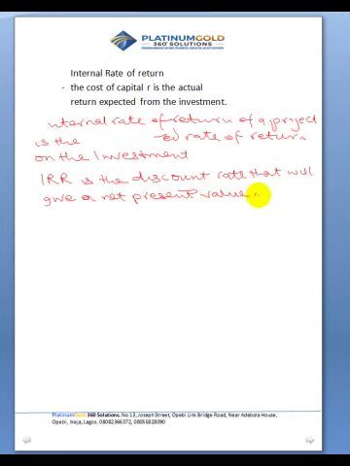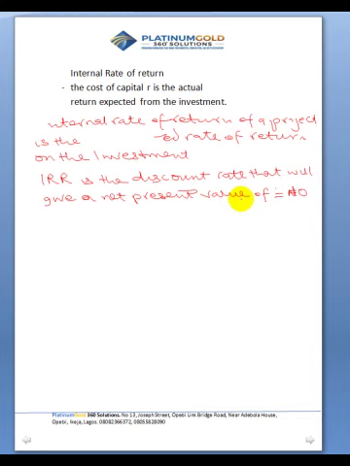Okay, zero is equals to 0 naira. Or it's equals to 0 naira. Okay, so